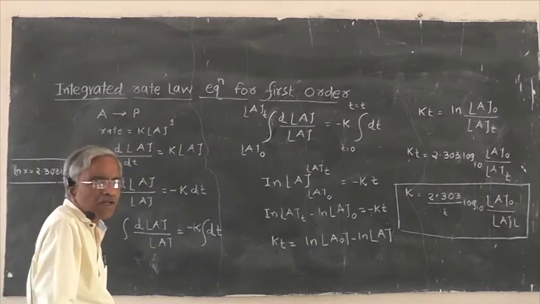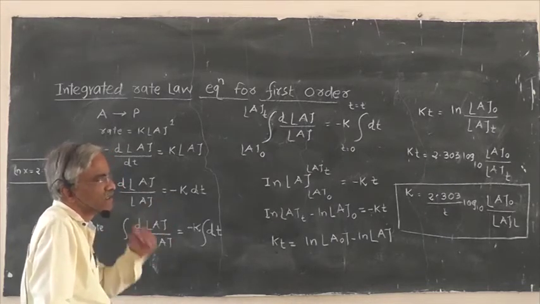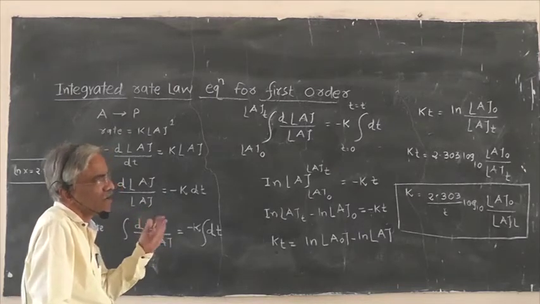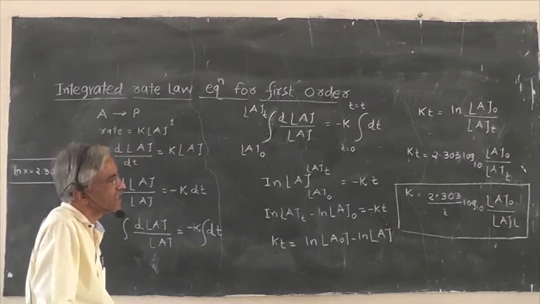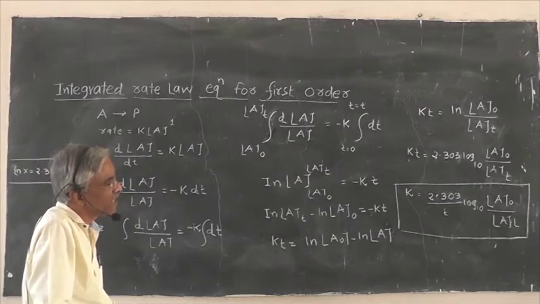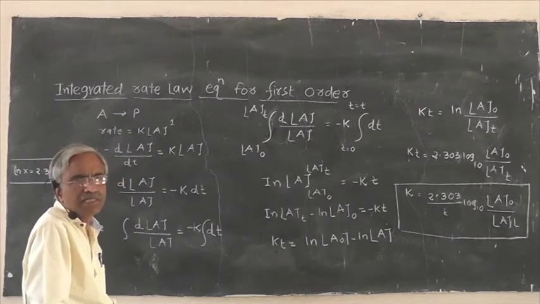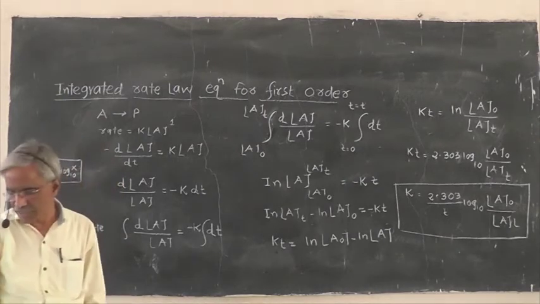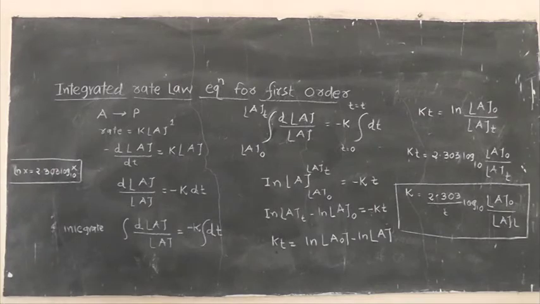We will go for a mathematical and experimental example of that, the hydrolysis of methyl acetate. After completing the mathematical forms, this will give you the intercept, which means the initial concentration of the reactant, and m will give you the slope. So the rate constant k is equal to 2.303 upon t log of H0 by At, and by the value of k obtained by the integrated rate law equation, we can determine that the reaction is a first order reaction.